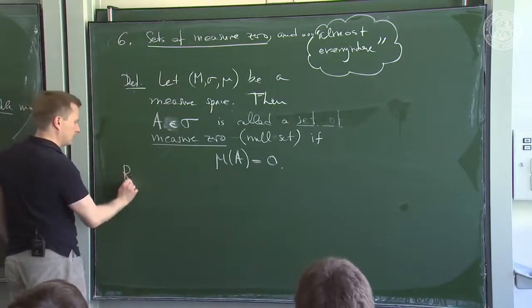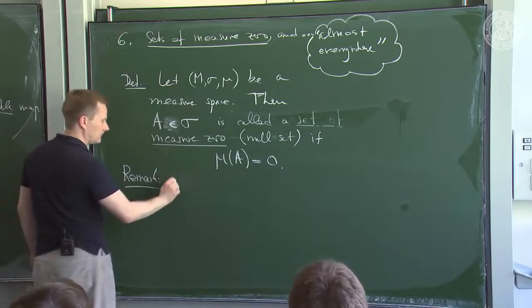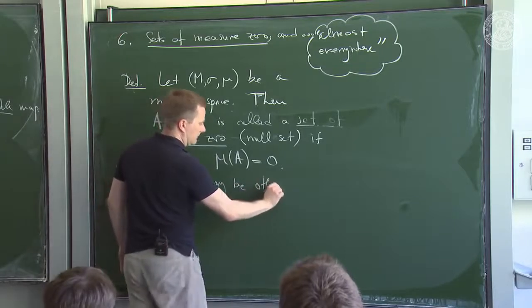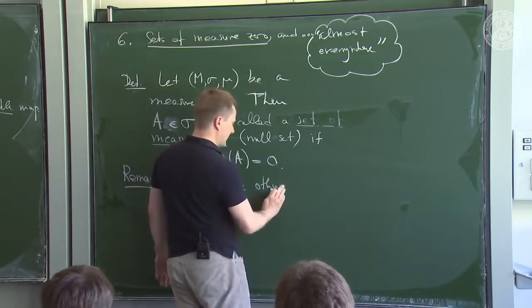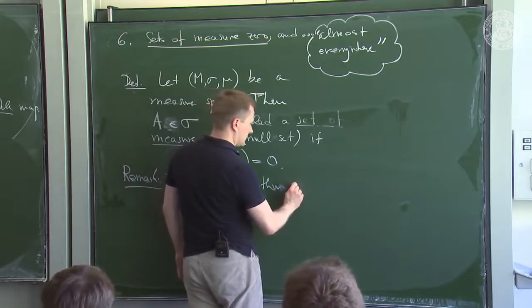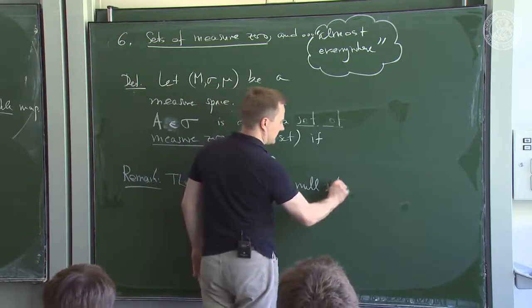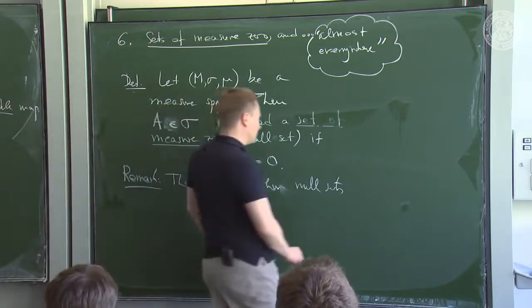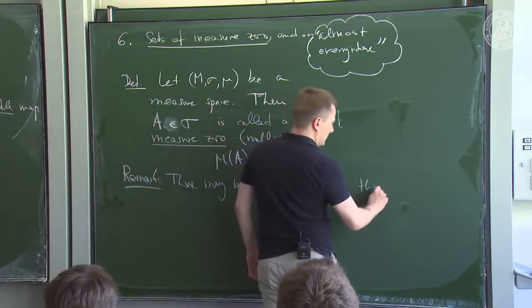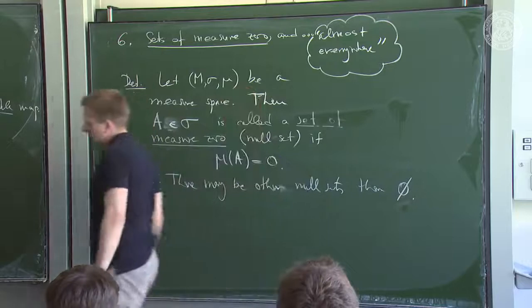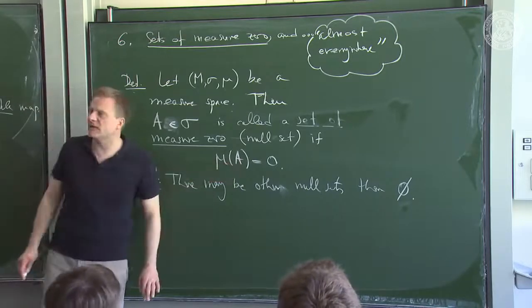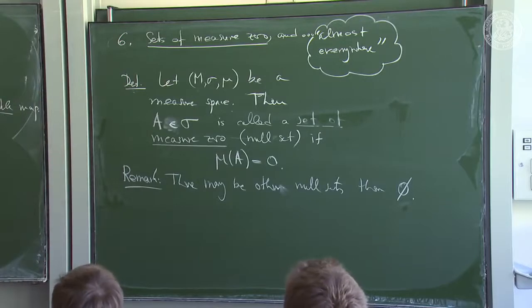Okay, so remark, there may be other null sets. I call them null sets. I mean, the other thing is incredibly long to spell out. There are maybe other null sets than just the empty set, right? And the empty set being one is immediate from, well, it's not immediate, it's the definition of measure. It's the first axiom of the definition. And the whole point is there are sets that themselves are not the empty set, but have measure 0.